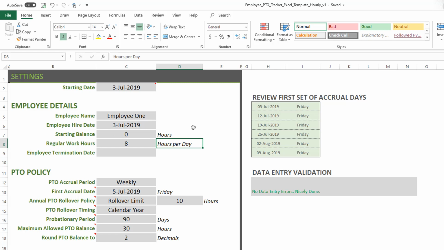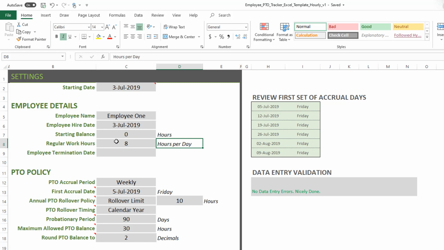This is provided so that if you're using another solution, tool, or software to track PTO balance right now, but you want to switch to this template, then the date when you are switching, you put that as a starting date. Whatever balance the employee already has in your previous tool, you can put that in here so that you can continue to use this template moving forward by carrying over the information from your previous tool. If it's a brand new employee, then you will start with a 0 balance,